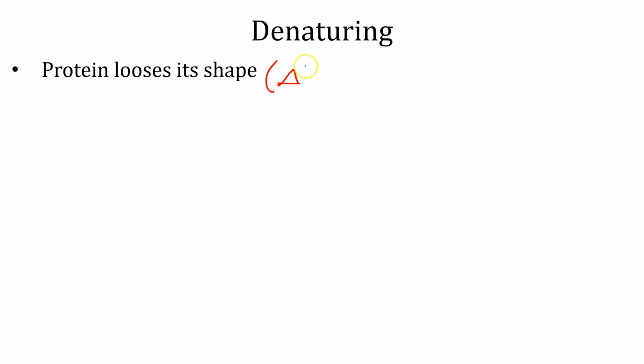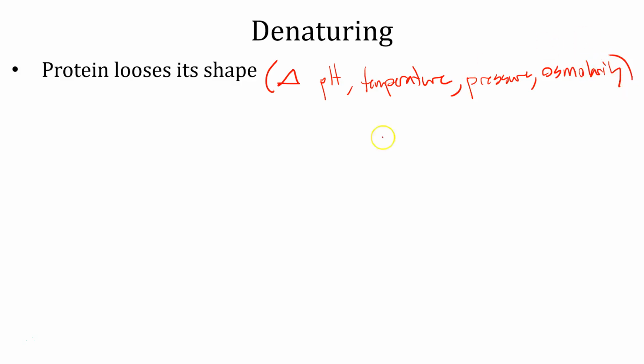It could be a change in the pH. That's what this little symbol means here. It means change. Change in the pH could be a change in the temperature. Could be a change in the pressure. Could be a change in the osmolarity, the saltiness of something. So a variety of different things. You don't have to know these specific stuff, but just know that there's a variety of things that can change